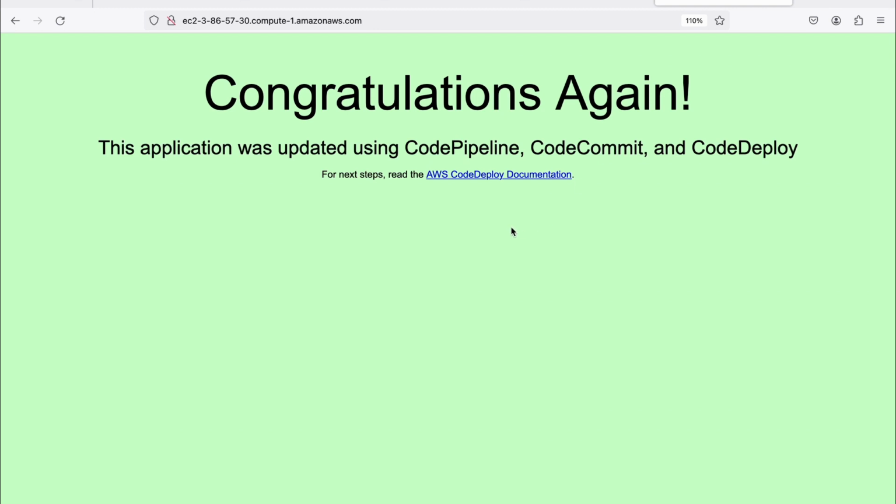Okay, so this was a hands-on exercise to show how you can use CodeCommit as the source repository and how you can clone your code into your local repository, make all the changes, and finally when you are done with the changes, you can push the code into CodeCommit. It will trigger the code pipeline to complete the deployment. So please try out this exercise by yourself, and I'll be creating a few more